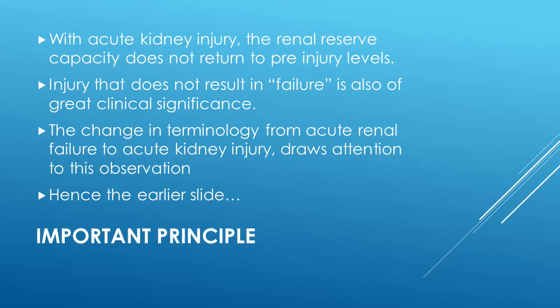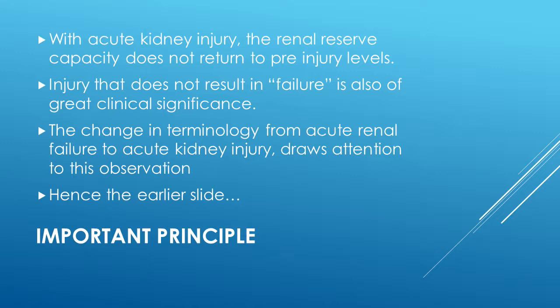So the important principle is that with acute kidney injury, renal reserve capacity will not return to pre-injury levels. That's why the new terminology, acute kidney injury, recognizing there's some permanent component to it. The injury does not result in failure, and that's of great clinical significance. We never had to do dialysis or anything like that. And the change in terminology from acute renal failure to acute kidney injury draws attention to the observation that there's going to be some residual results or injury from that